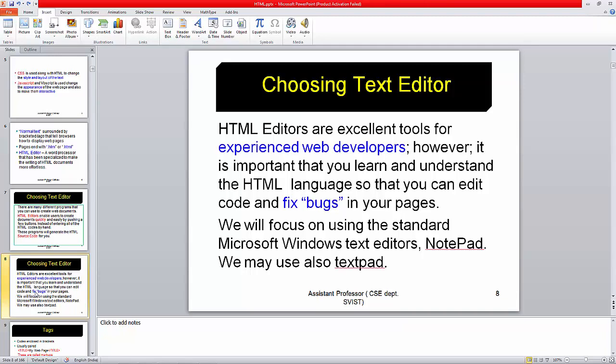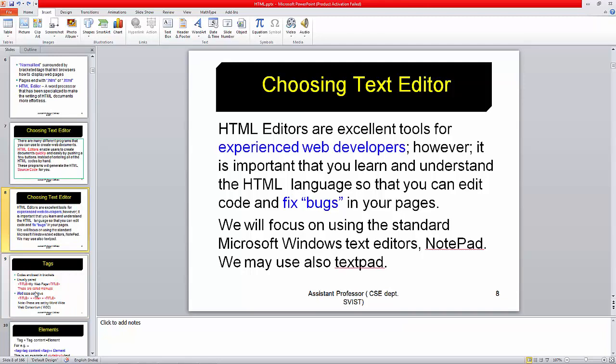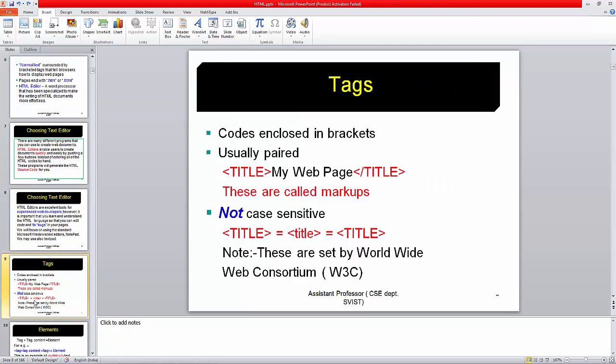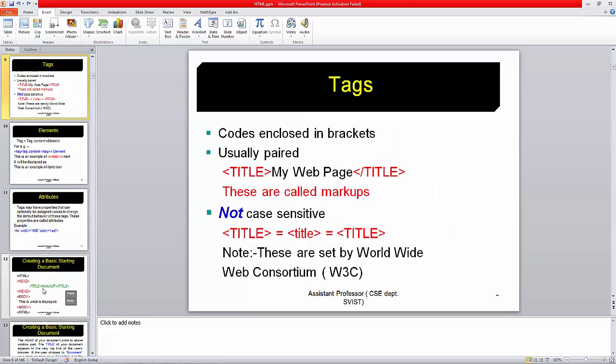For copy pasting later on, because as we have to learn it, and we also have to give the exam, at that time we will not get the help of internet. So for this reason, we have to learn the tags, we have to get an idea of all these tags, and how they have been written. So now let me carry forward to what we mean by the tags.